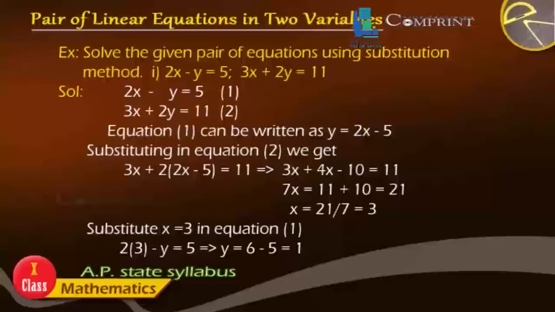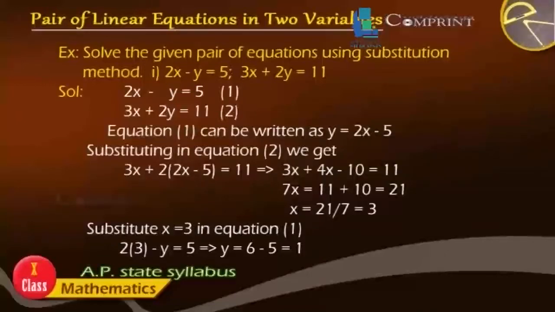Example: solve the given pair of equations using substitution method. 2x - y = 5 and 3x + 2y = 11. Solution: 2x - y = 5 is equation 1, and 3x + 2y = 11 is equation 2. Equation 1 can be written as y = 2x - 5. Substituting in equation 2, we get 3x + 2(2x - 5) = 11,